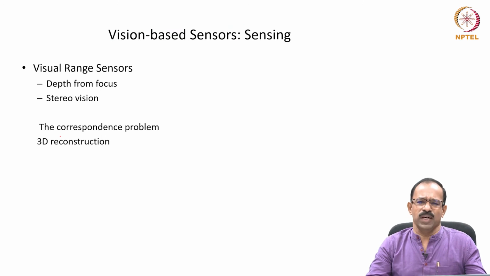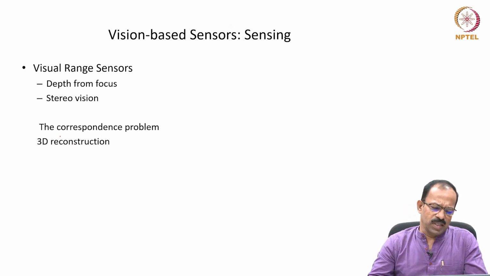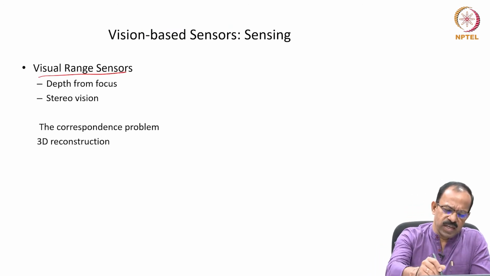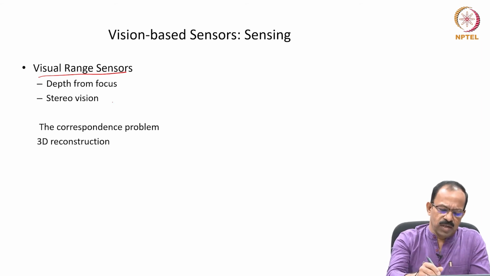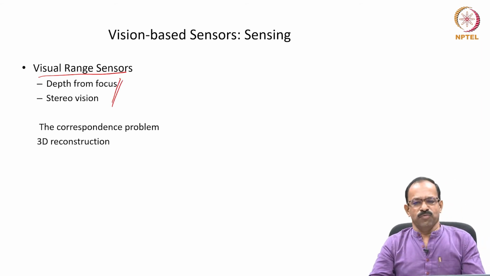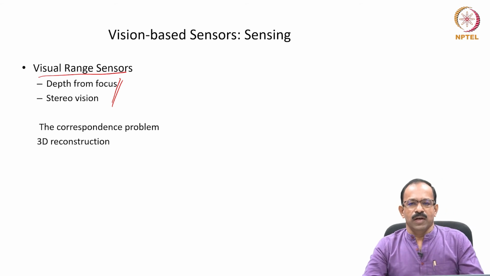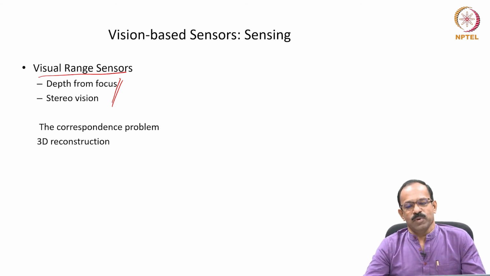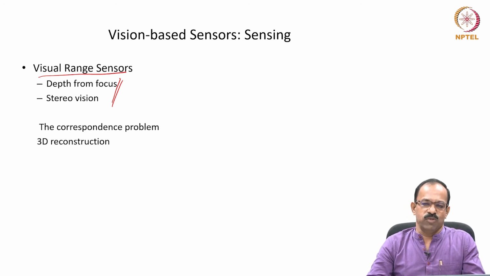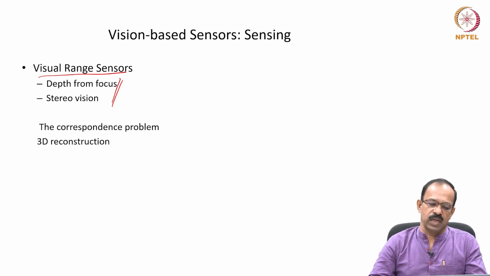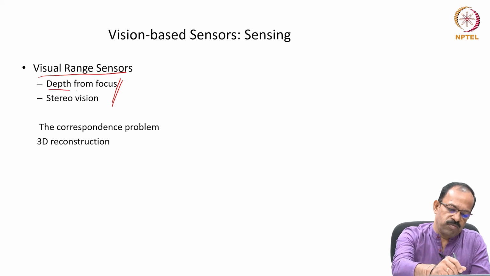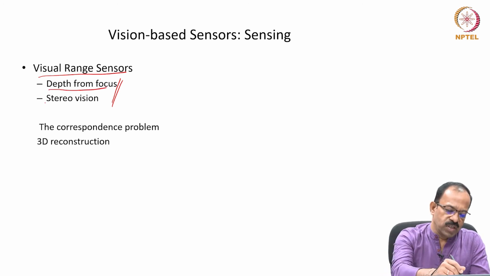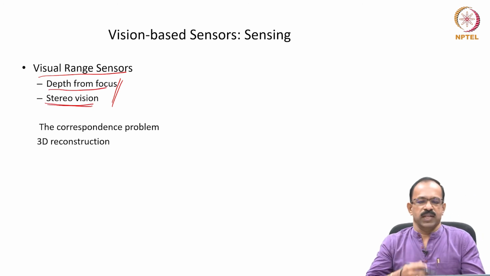We will not go into the details of these sensors, but you can use these visual range sensors, that is, you can get the depth from focus. You have a 2D camera, but using 2D cameras you can actually get the depth also, that is the 3D image information, based on the principle of depth from focus, or using stereo vision cameras also. So, you can create 3D